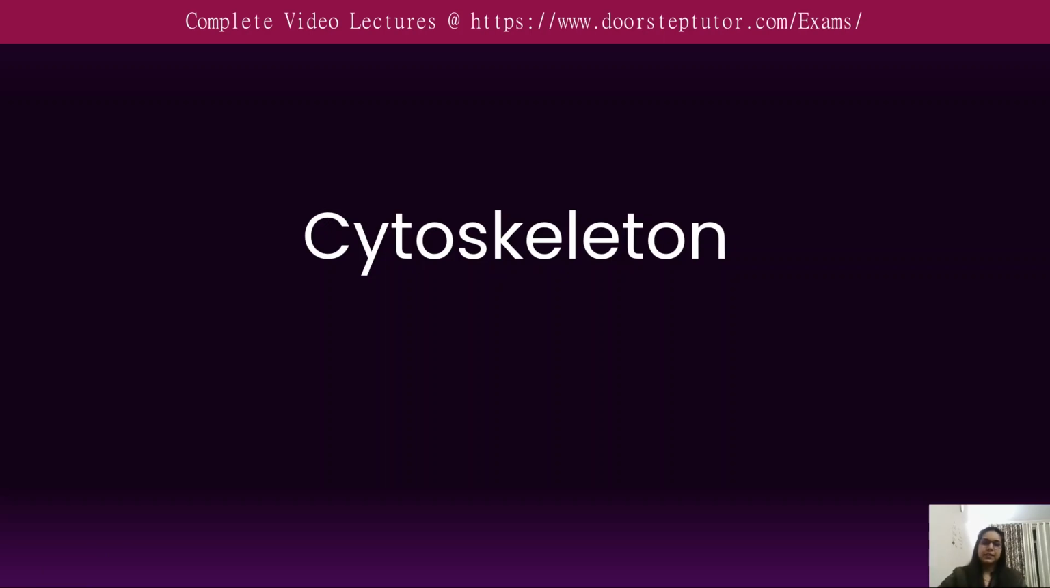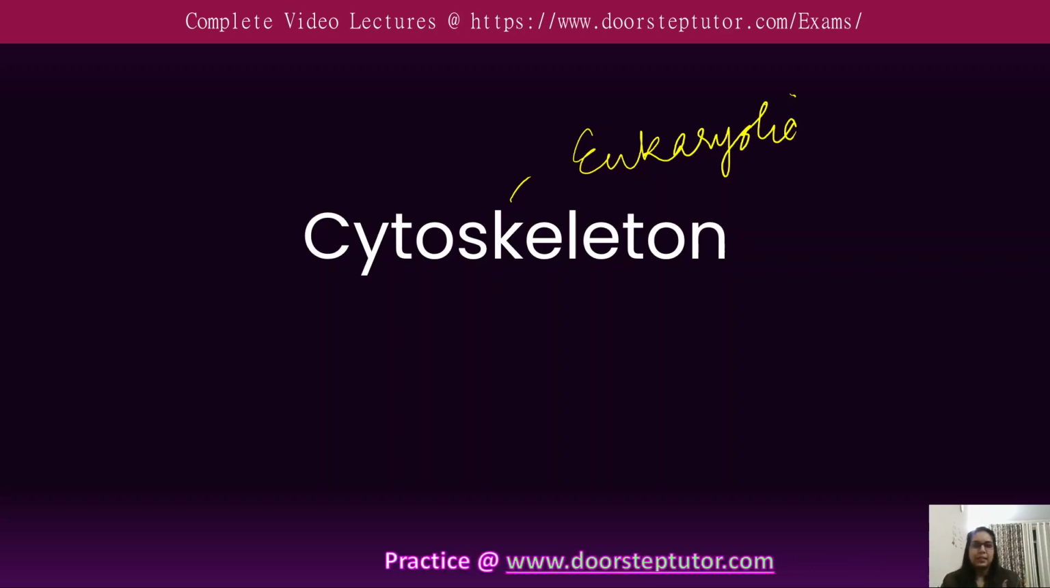Cytoskeleton. The cytoskeleton is a very dynamic network of protein filaments and tubules that provide structural support, facilitate cellular movement, and contribute to the various cellular transport in eukaryotic organisms. It plays a very crucial role in maintaining the cell shape, cell division, intracellular transport, and